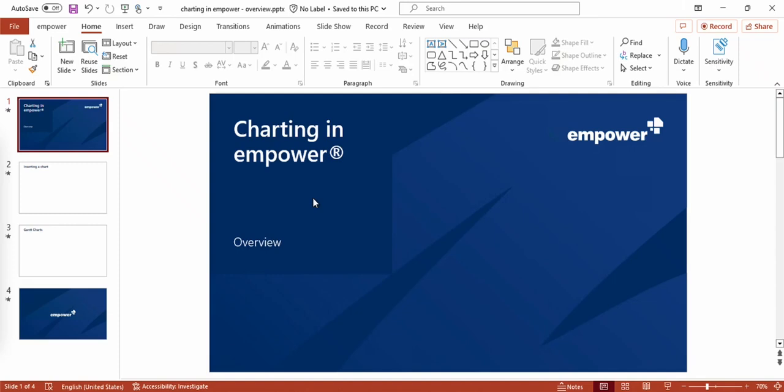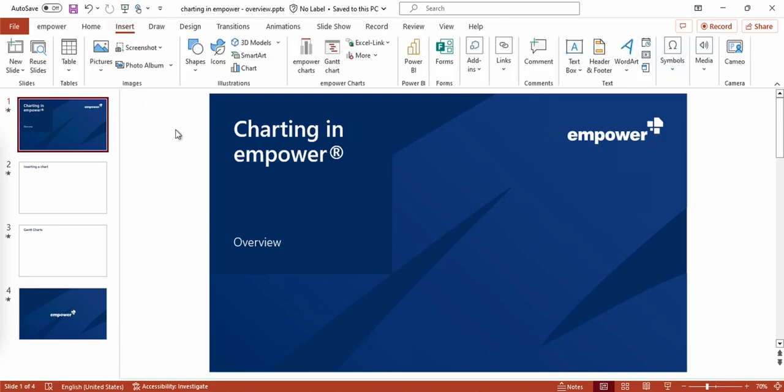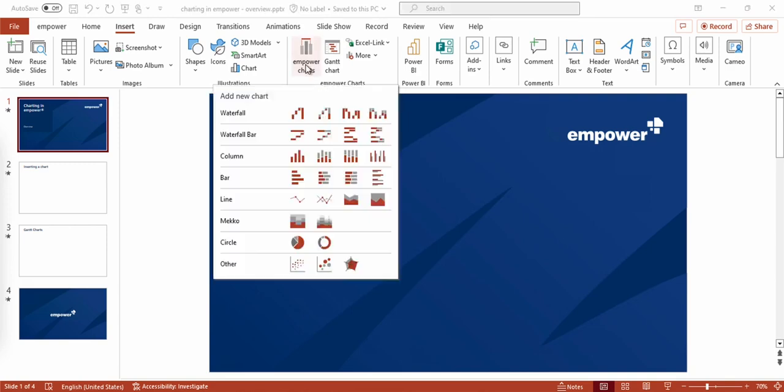In this video, I'm going to give you a brief overview of the main functions that you have while charting in Empower. First of all, I'll show you where you can find charts. In the Insert section of PowerPoint, you can find Empower charts right here. By clicking on the button Empower Charts, you can see the wide range of charts that you can possibly insert